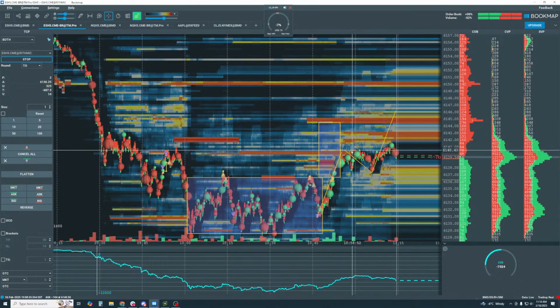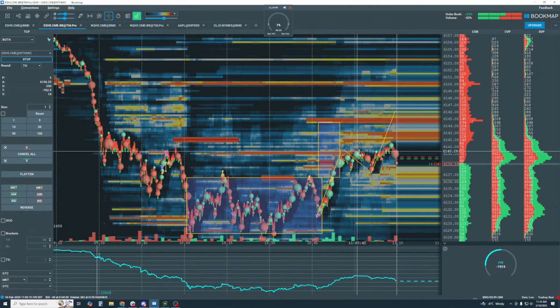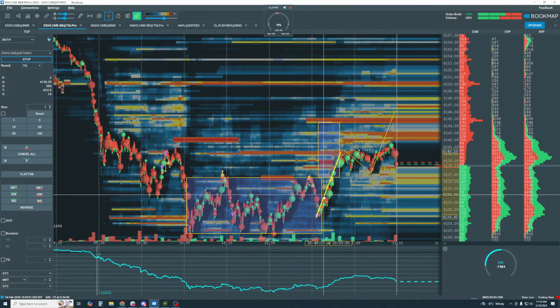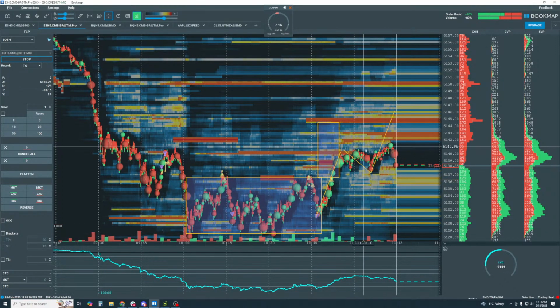It's something kind of like this: you get one impulse move, you get a pullback, and then you get another impulse move, and it just can't go anywhere. So you don't get that second leg, and then the sellers come in and they'll trade it right back down to some of these areas where the buyers came in. Swings or even lows of day, or it can get your trend continuation.